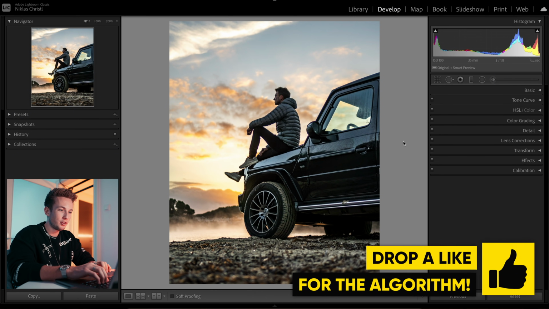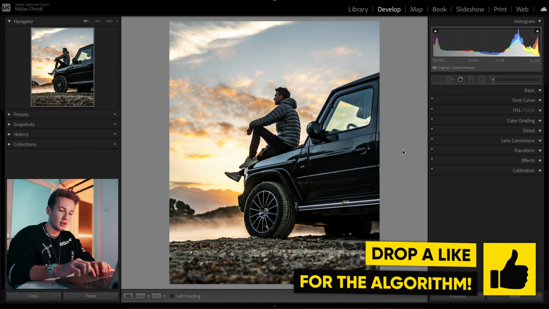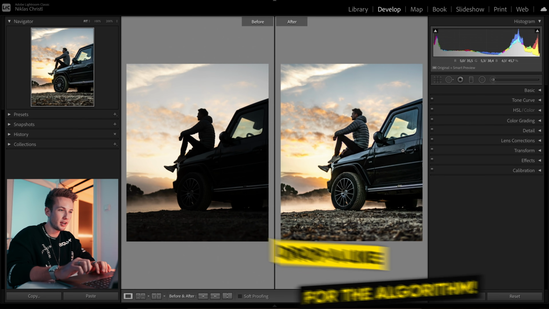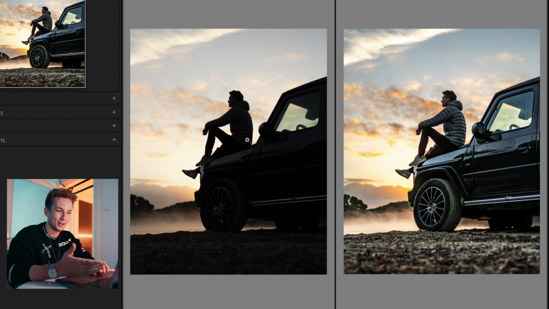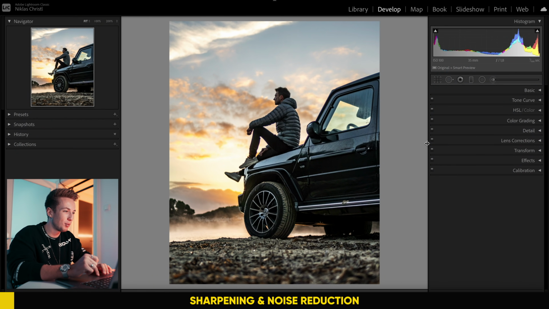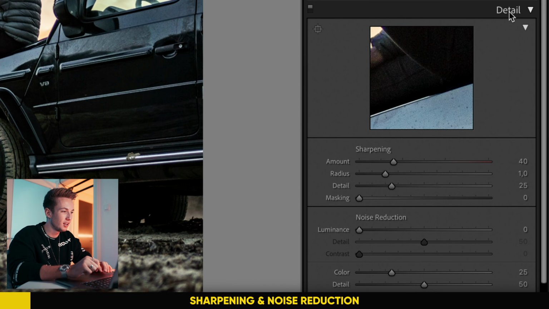Okay, so that already looks a lot better than in the beginning. If I just hit Y on my keyboard, I can see a before and after. That's already such a huge difference. Lightroom is a beast. Okay, so next up, what I usually do is head into detail,